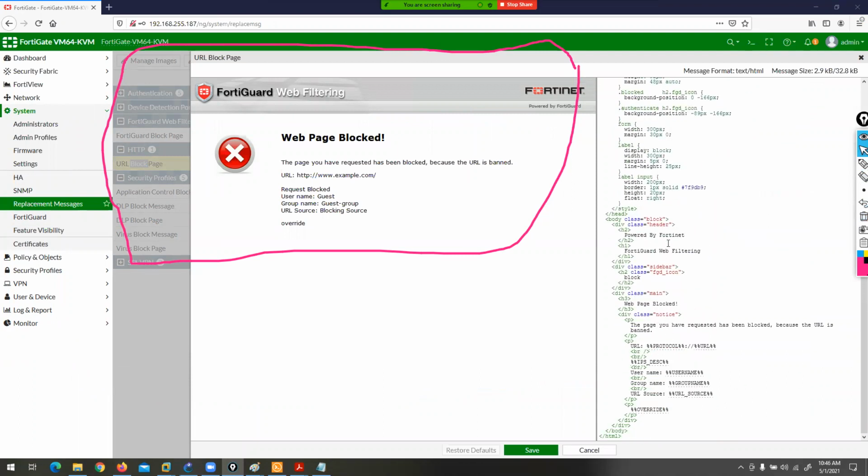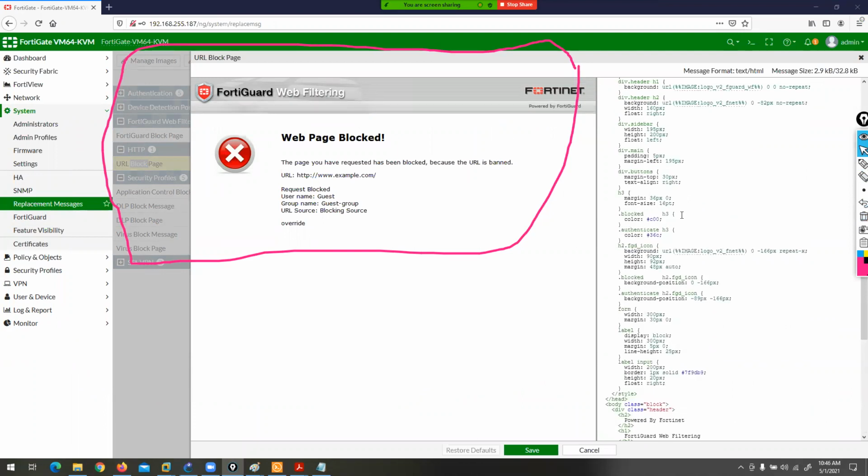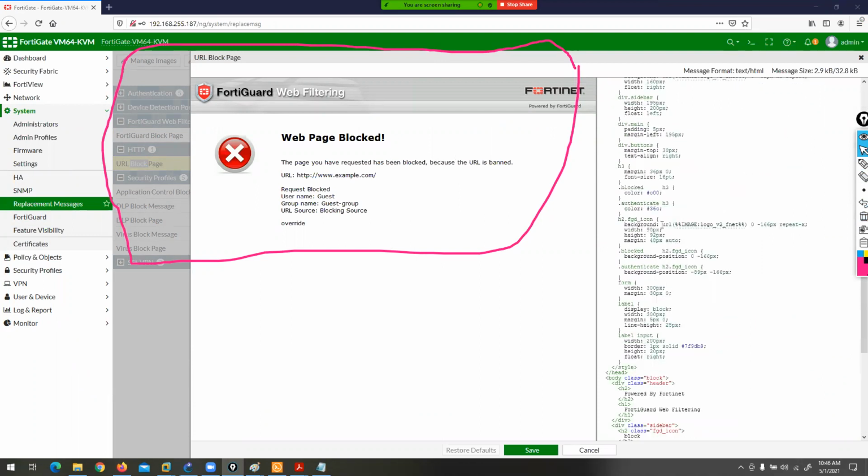For example, FortiGate web filtering. Wait. If you are good in HTML, web page. Two minutes, guys.